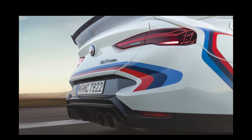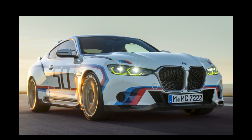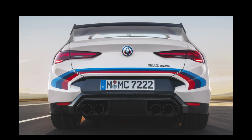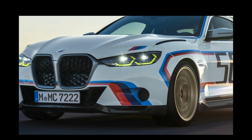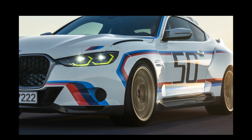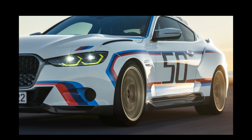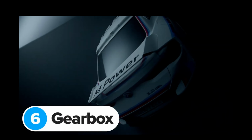There's 406 lb-ft of torque, and the engine finds a mate in a 6-speed manual gearbox, whose spread and transmission ratios are ideally matched to the performance characteristics, featuring a gear knob that nods to the original BMW M shifters from the 70s. A sop to modern convenience comes in the form of a shift assistant,